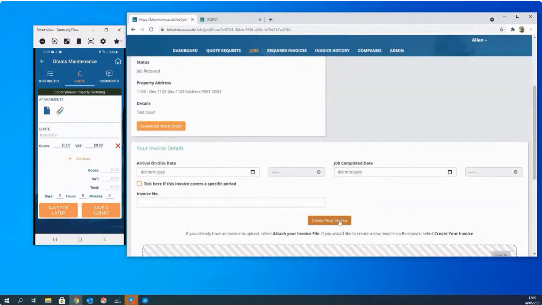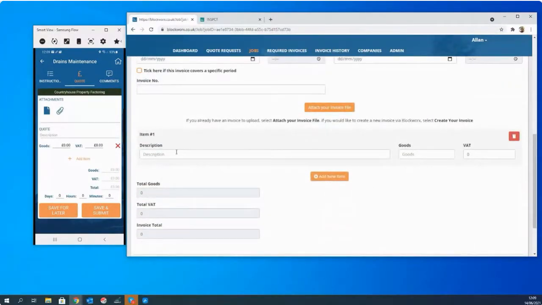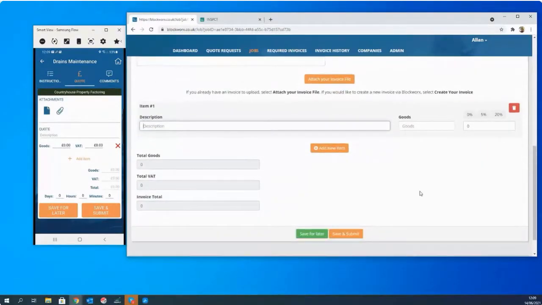Or alternatively, if you want to create your own invoice from scratch, you have the ability to click on create your own invoice, and then simply enter the pieces of work with the goods and the VAT. And once you have completed your list of items which you've undertaken as that particular job, once you've completed each of your description lines, you can simply either save and submit, which will send it directly to the property management company, or save for later, which means at any point in time you can then come back in and edit